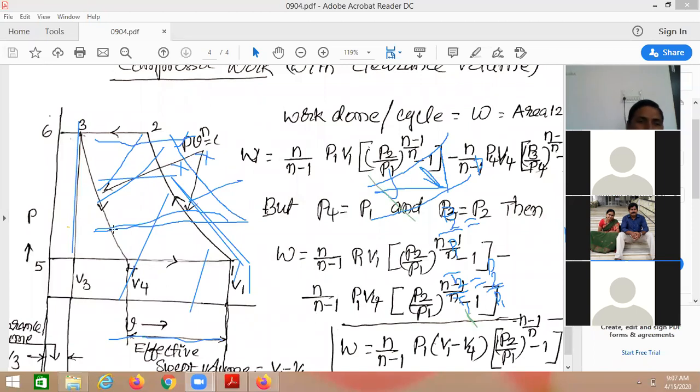So for this cycle, the starting point is P4 V4, and the final pressure for this cycle is P3 by P4. That is what I have written here. So P4 V4, P3 by P4 whole power n minus 1 by n, minus 1. So again, what do I know? P2 equal to P3 and P4 equal to P1. These two are on the same pressure line, so those conditions I am applying. Ultimately, what I can get here is,